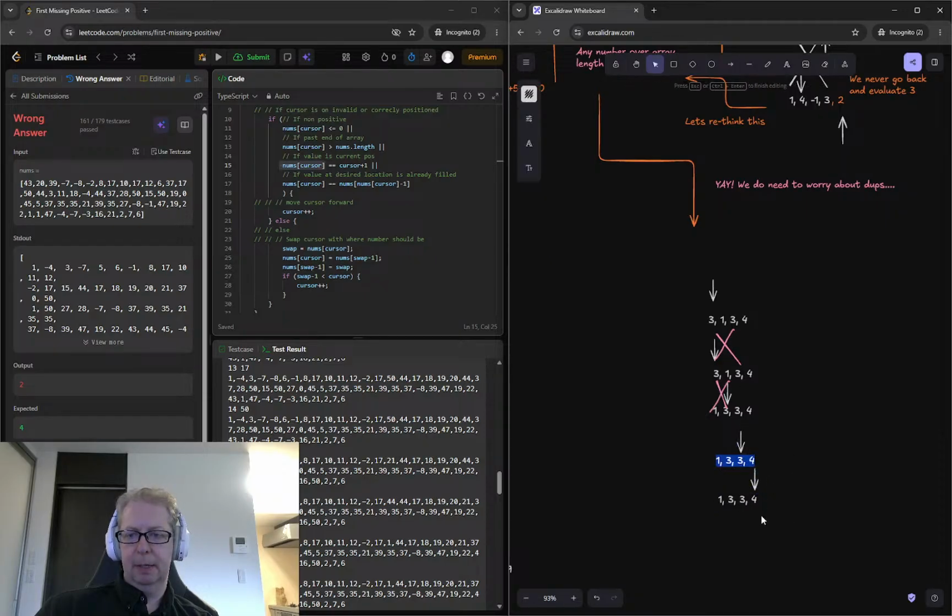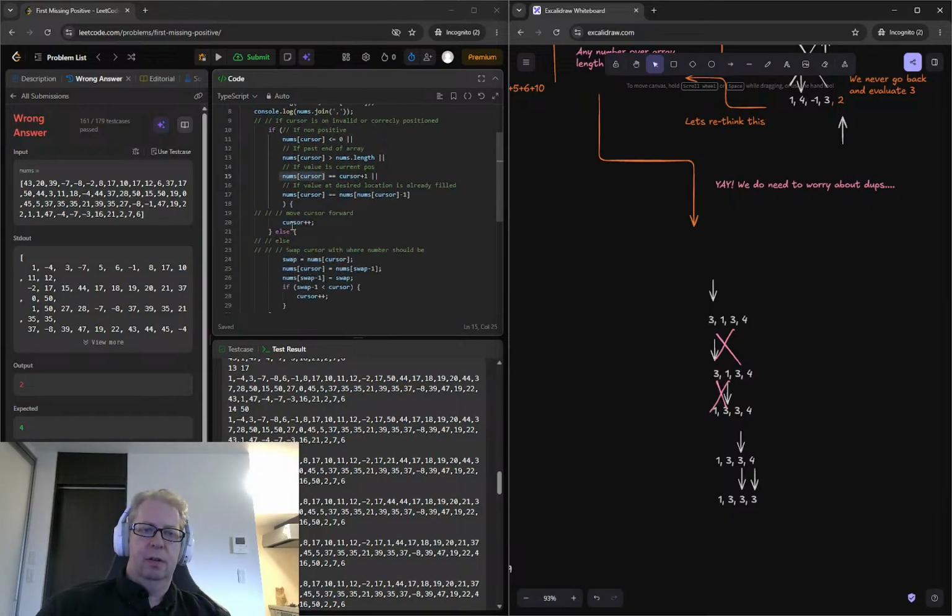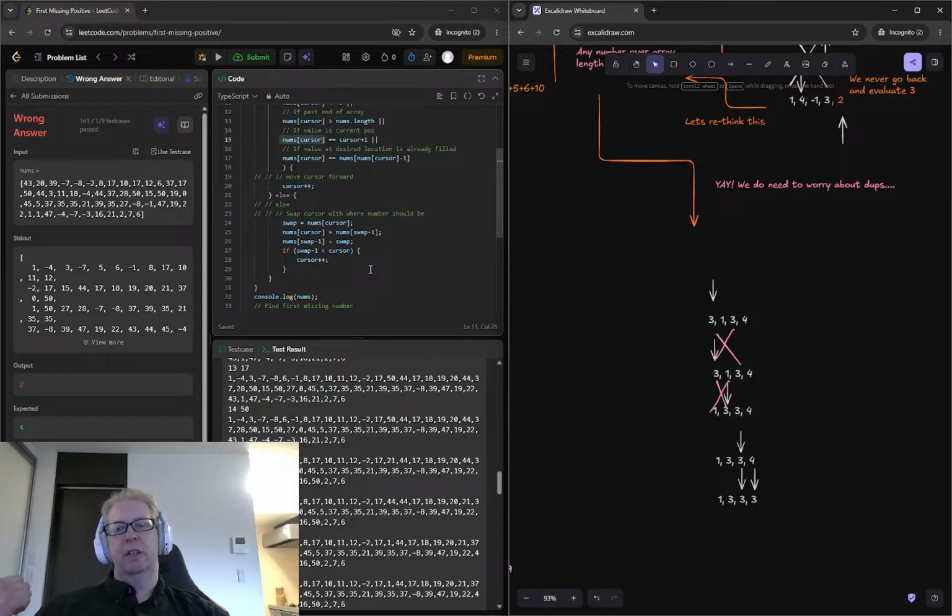But what if this had been a 3? Then it feels like we would have also checked to see if the values were the same. We would have not worried about it, and we would have moved forward. So it feels like something is probably causing us to end early. So the only time we don't move the cursor forward is when we swapped in a number that was further down the line. Otherwise, we keep moving the cursor forward. So the only thing that would keep us from getting to the end are the big